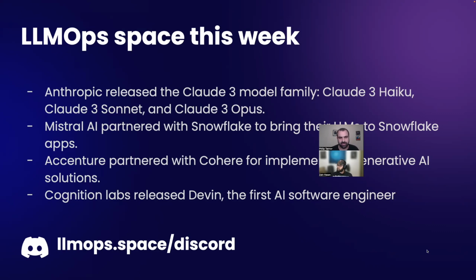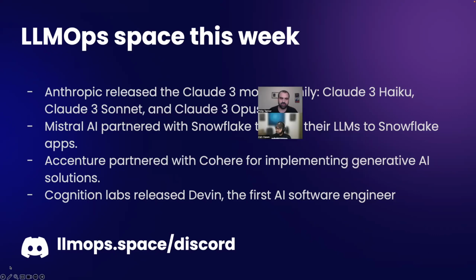So Snowflake and Mistral announced a new partnership. I think they already have an existing partnership through an investment, and Snowflake is doing quite a few interesting things in this area. And Accenture had a significant partnership with Cohere. I'm not saying that the other one isn't significant, but here I think it's something around a $3 billion investment one way or another. I know the terms are always more complicated, but Accenture is taking significant steps in the space and relying on Cohere.